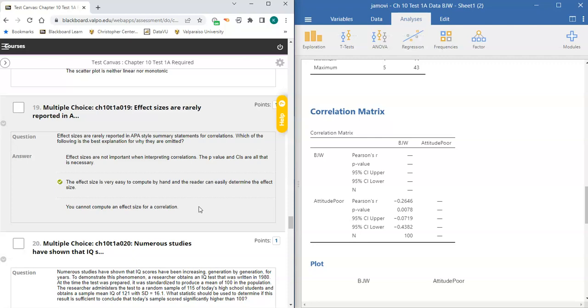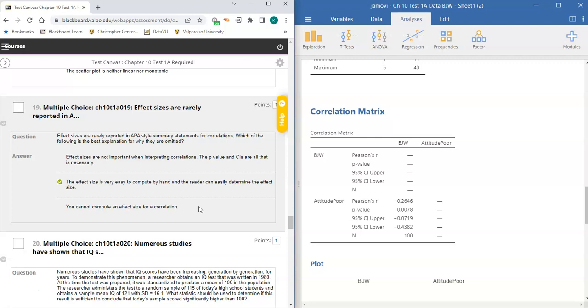Okay, so effect sizes are rarely reported in APA. Why? Because really an R is its own effect size, and it's very easy to just take R and square it to get the R squared interpretation. So that's really why. It's just super easy for people to do it for themselves, or they can just think about it in terms of